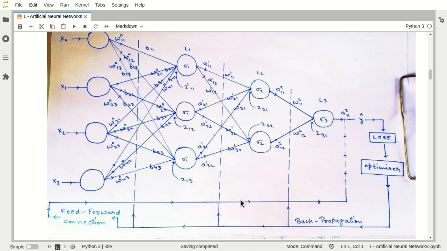Then again with the new values we ingest our data, and the feed forward connection starts again. Again we calculate the loss, then optimization happens, backpropagation happens, and again we change the weights to newer values.